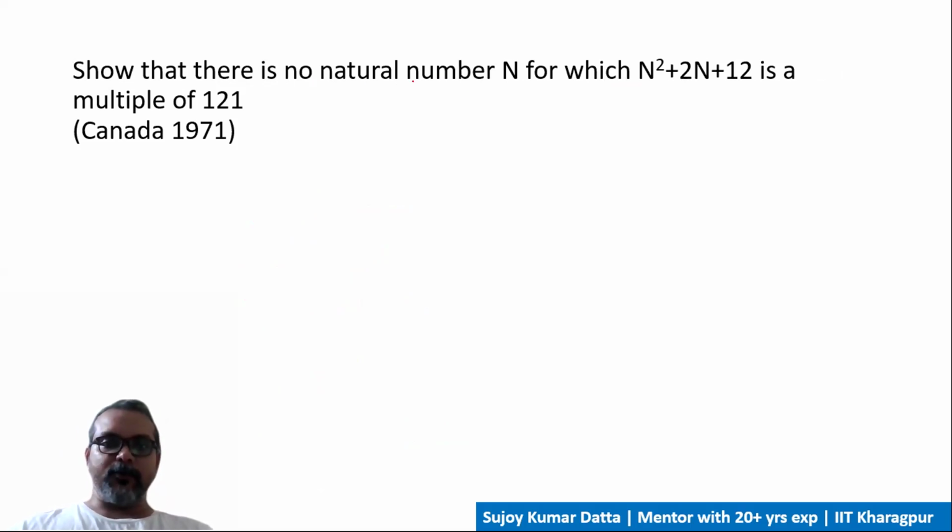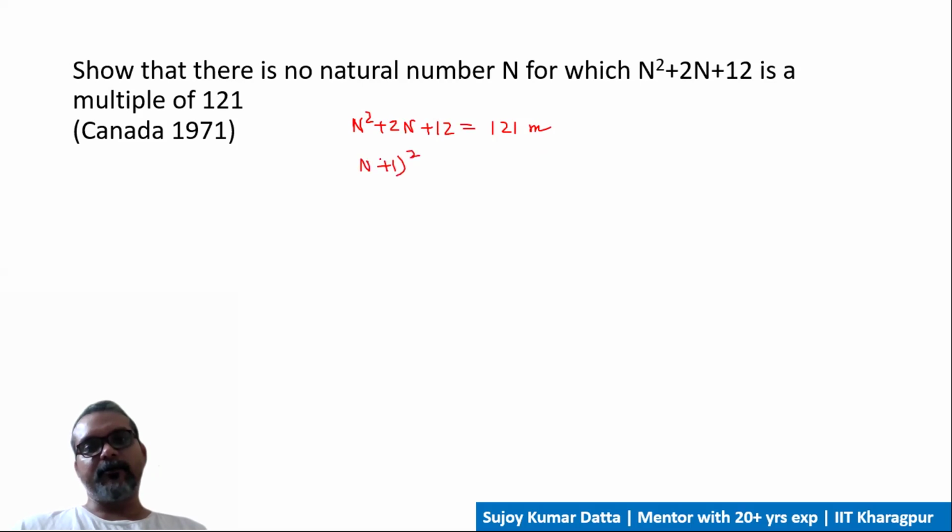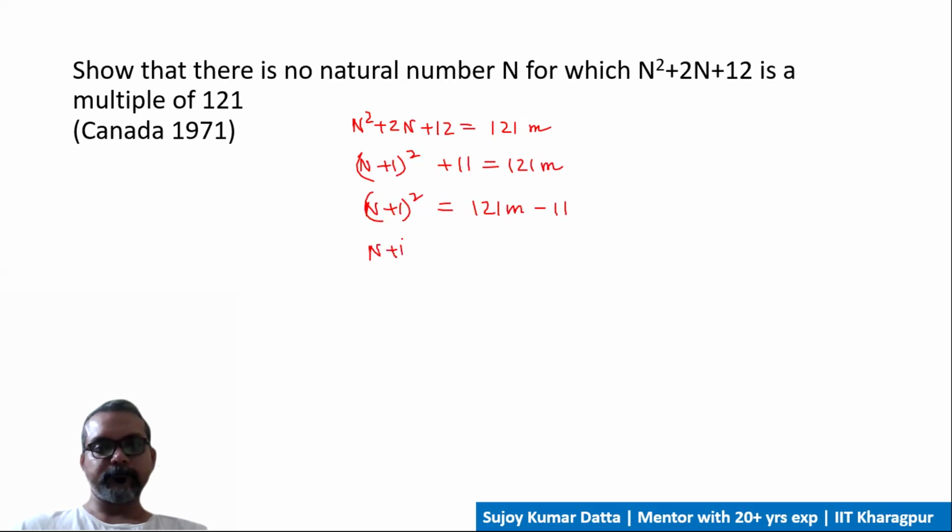Here we have to show that there is no natural number for which this is a multiple of 121. So let us say n squared plus 2n plus 12 is a multiple of 121. So we have here n plus 1 whole squared plus 11. So n plus 1 whole square to be